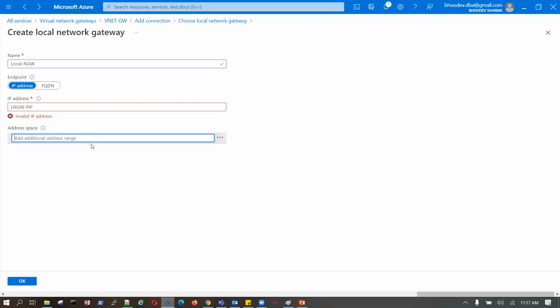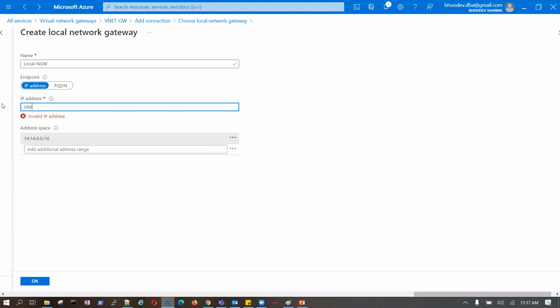And the address space. Okay, what address space? The VNet from which we are trying to create this connection. Let me take 192.168.2.100.